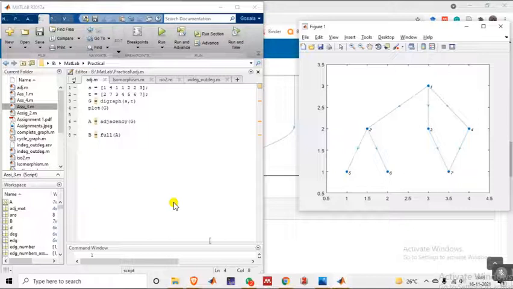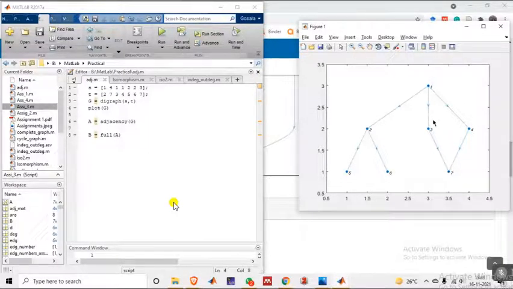Yeah, fine. Thank you. So this graph is created from the source and target values. The source values say there is an edge between 1 to 2. Similarly, there is an edge between 1 to 2. All these things I have already discussed. So how to create an adjacency matrix? First of all we should know how many vertices are there in that graph. As you can see, how many vertices are there in this?